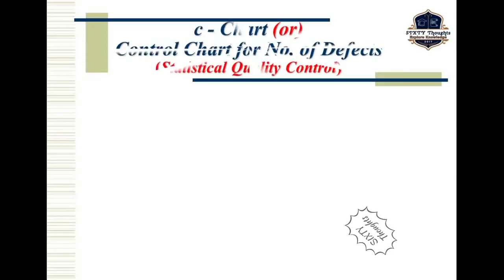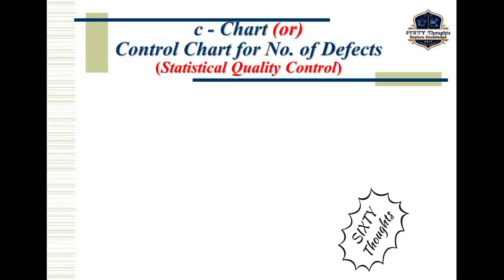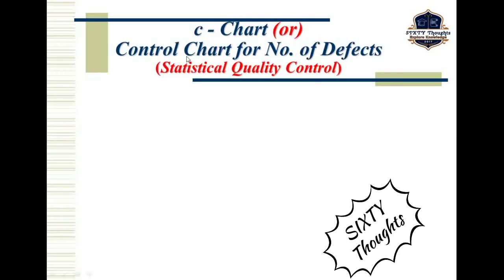Hello everyone. In this video lecture, we will discuss how to find a control chart for C chart, otherwise called the control chart for number of defects, by using the statistical quality control method. How to identify that the given problem is a control chart for C chart? The given data has a number of defective values. So once we get the number of defective values, we consider the given problem belongs to